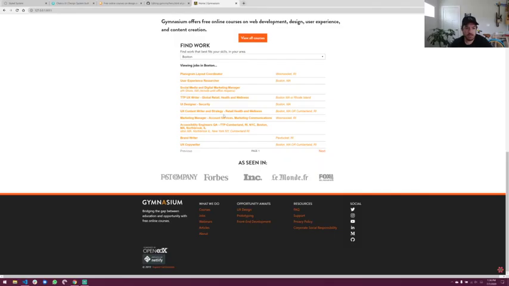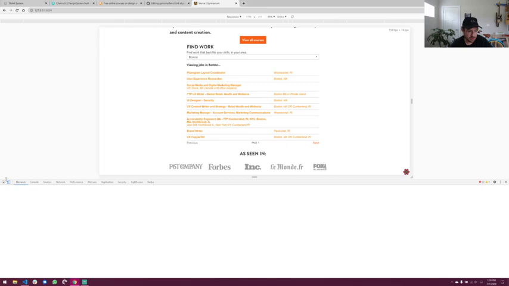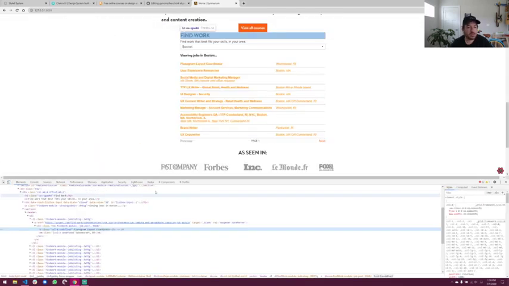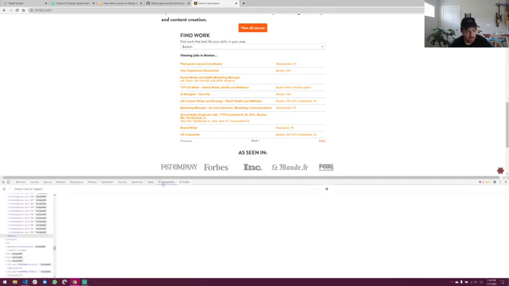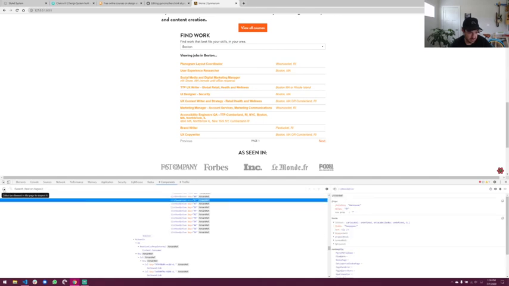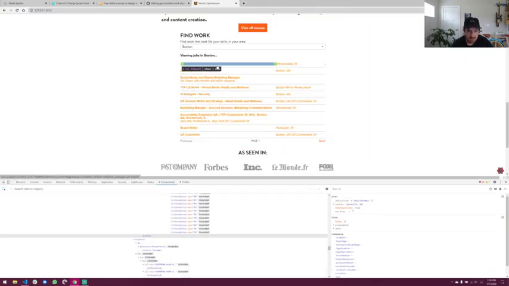So let's do it as if we didn't know what was going on here. So I'm going to right click on this. I'm going to go to inspect, which will bring up my browser tools. I'm just going to take that out of responsive mode for a moment. And because we know this is a React project, I'm going to go into the components inspector, which is the components tab, grab this element selector thing, the second one. This one is for the general browser tools. This one is for React. We're going to click on that, and then we're going to go in here and grab this whole item,